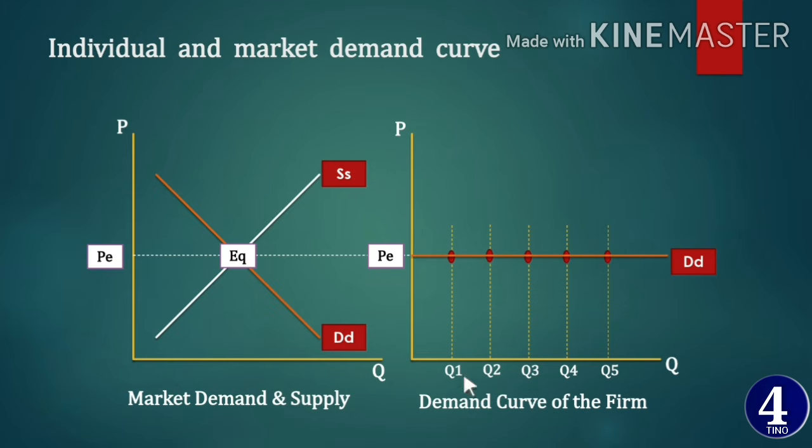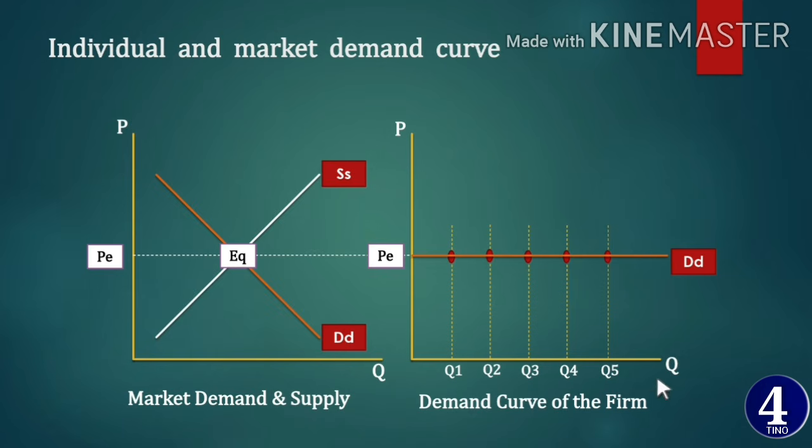Even average revenue from all sales is equal to the price of the market. Anyways, for the time being, it will be enough for you to understand the market's demand and supply curves in a perfectly competitive market, and how the price is determined, and how this price is